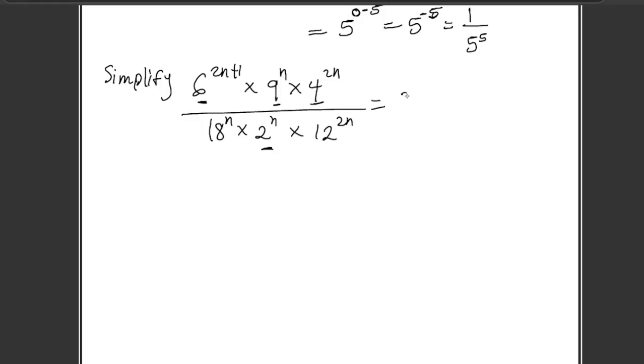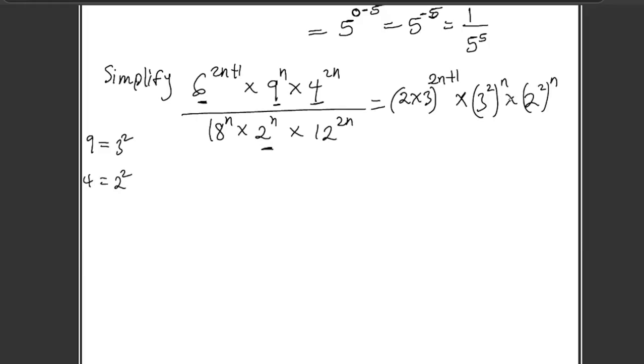As for 6, we have 2 times 3 to power 2n plus 1. The 6 here is this 2 times 3 you are seeing in brackets, right? Then times, as for 9, 9 is 3 squared. We have 3 squared to power n, then times 4, which is also 2 squared. So 2 squared to power n. We have this n for the denominator. For 18,